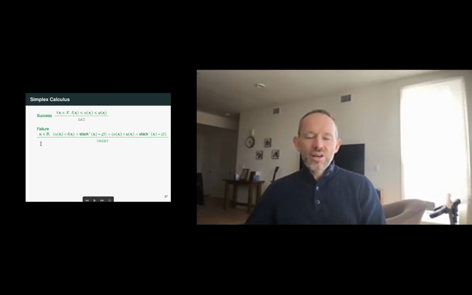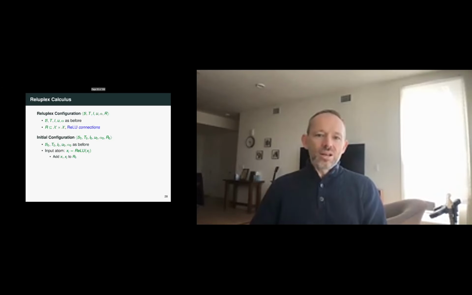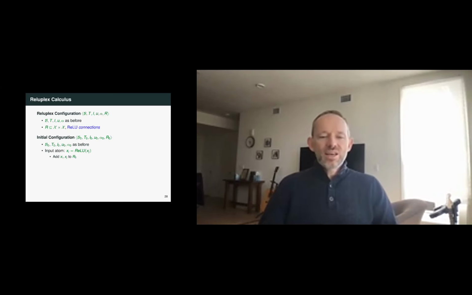And it turns out that this calculus is sound and complete. And if you use the right strategy for choosing variables, it's also always terminating. Okay, so great. There's lots more that could be said about that, but that's just the way we're going to think about the simplex calculus. Now, what we're going to do is extend this calculus so that it can also reason about these ReLU connections. So we have this tuple as before, the 5 parts of the tuple, but we've added a